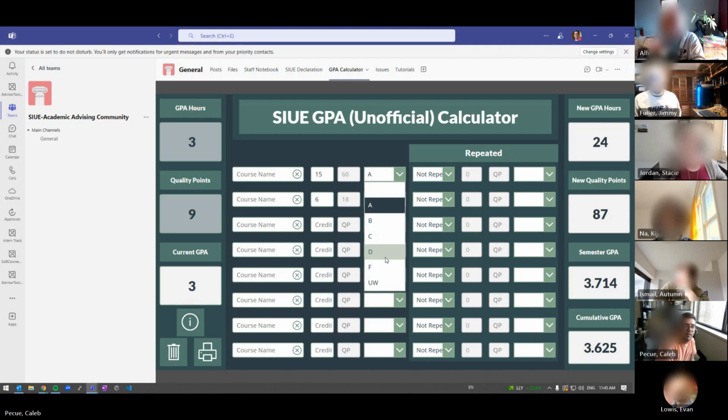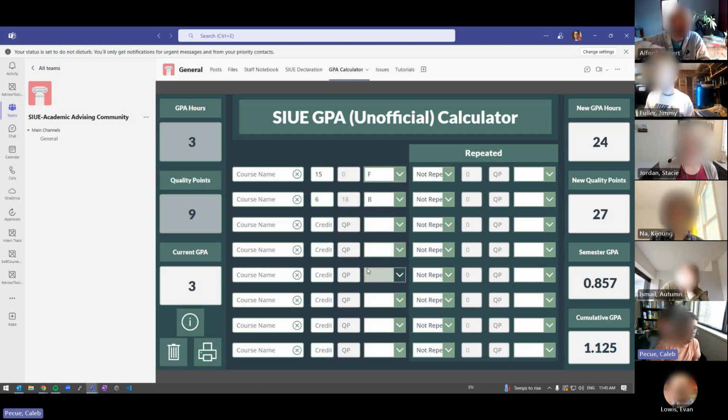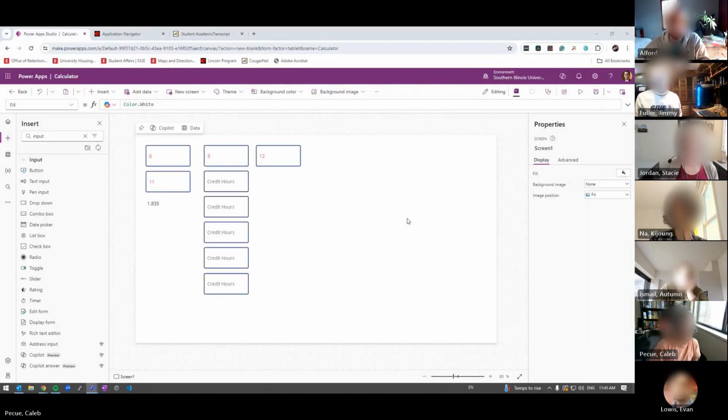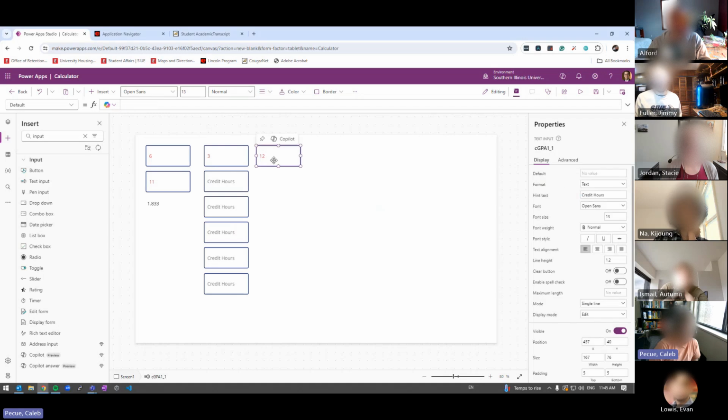But as far as I'm aware, pretty much none of the other ones are going to affect their GPA except for WF, right? But WF and a UW and an F in this case, they all count exactly the same. So I don't even really need the UW because it's just going to count as an F. So I could just click F. It doesn't really need anything else. So we could just type a letter grade here,